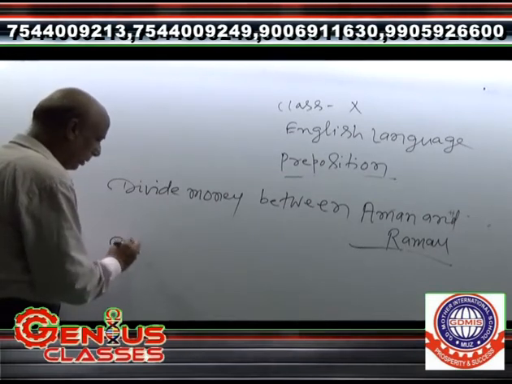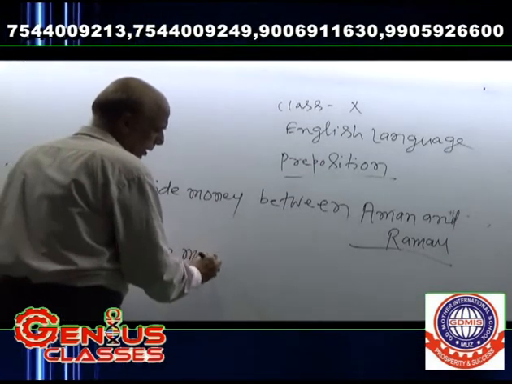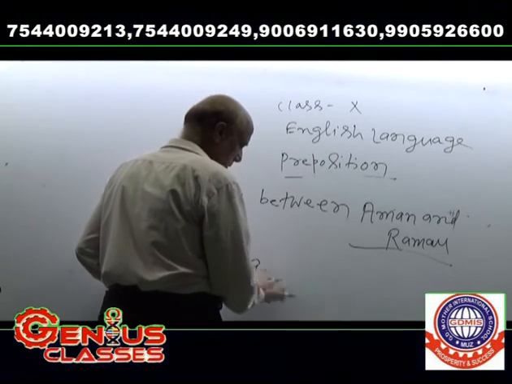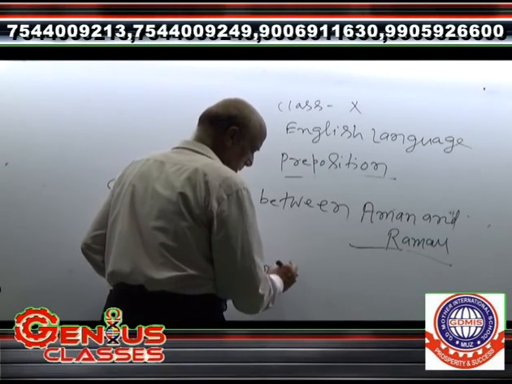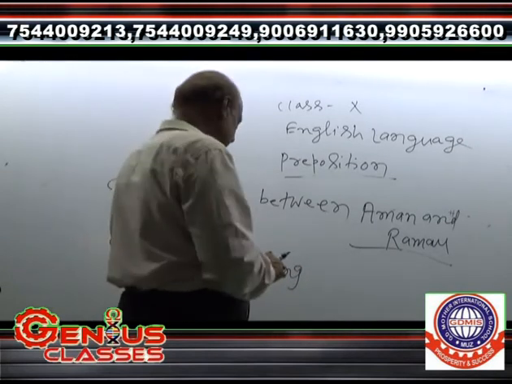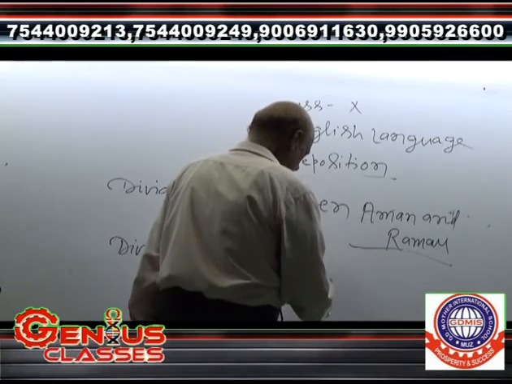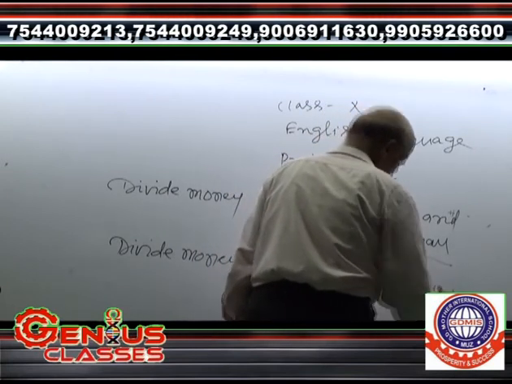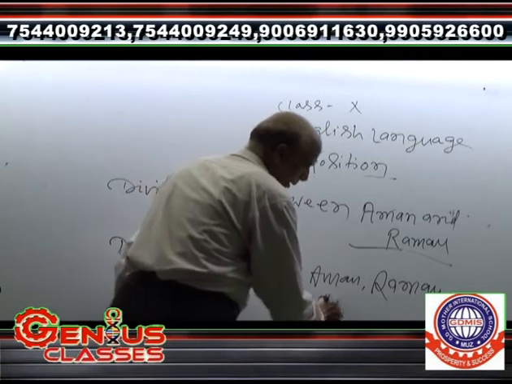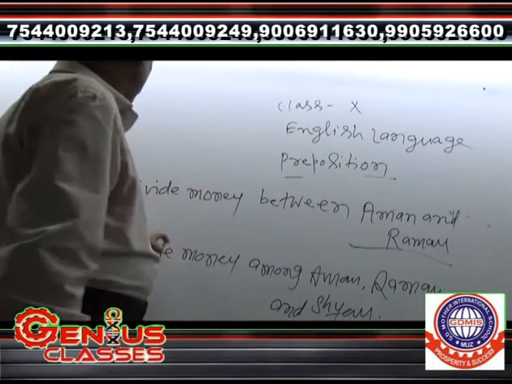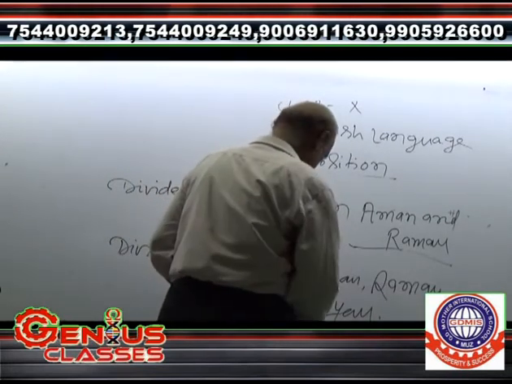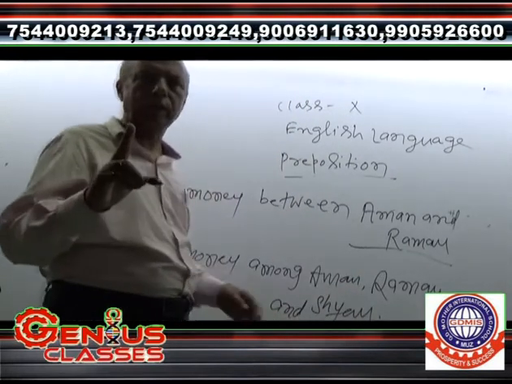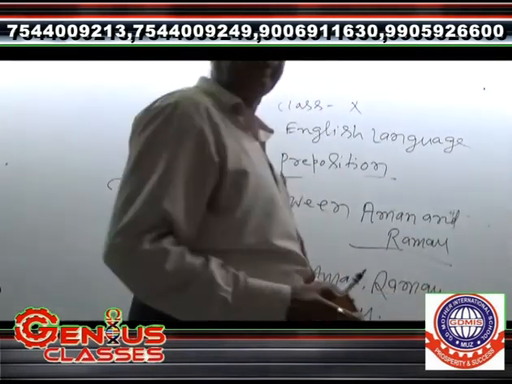Thereafter I am writing: divide money among Aman, Raman and Syam. Here more than two, three. Aman, Raman and Syam. Divide money among Aman, Raman and Syam. More than two has been used. And third, divide money among all of us. It means